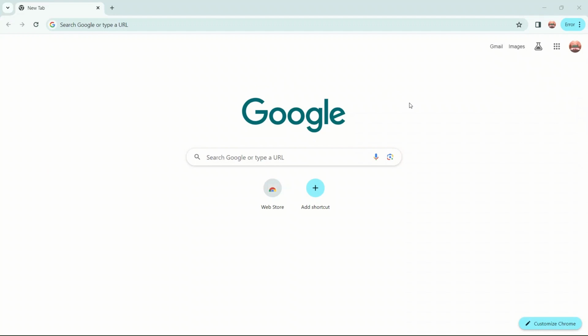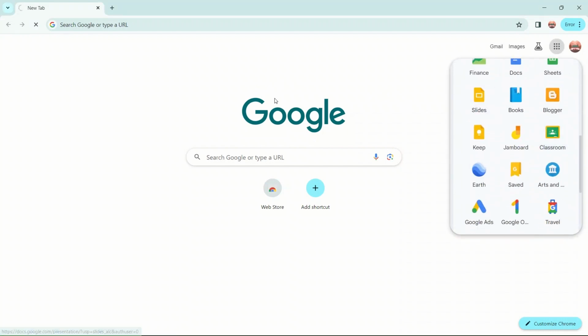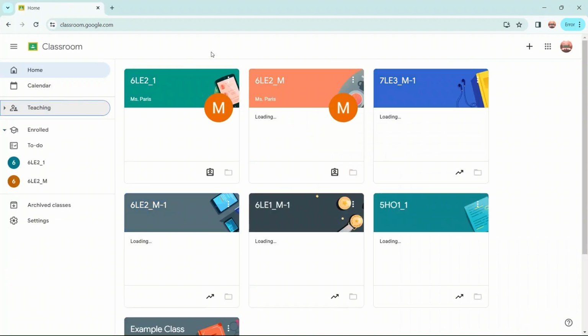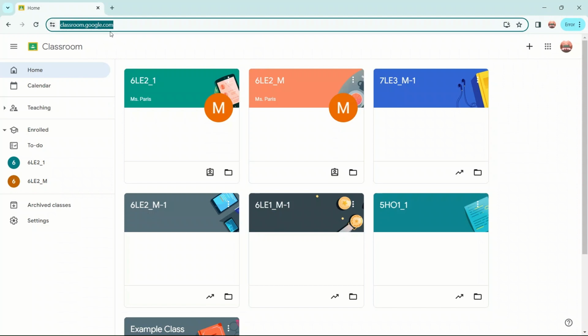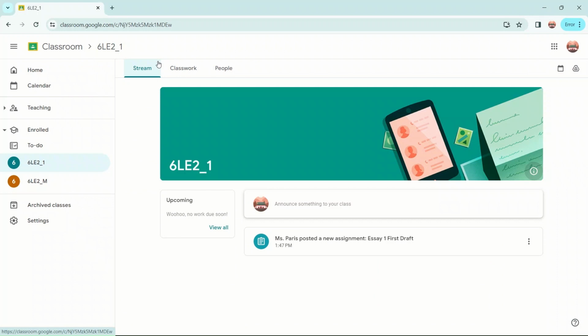So if you have already joined a Google Classroom, what you will do is click on the apps and go to Classroom here. If you have not joined a Google Classroom yet, you would copy the link your teacher gives you and paste it on the top here, and it will bring you directly to the class page like this so that you